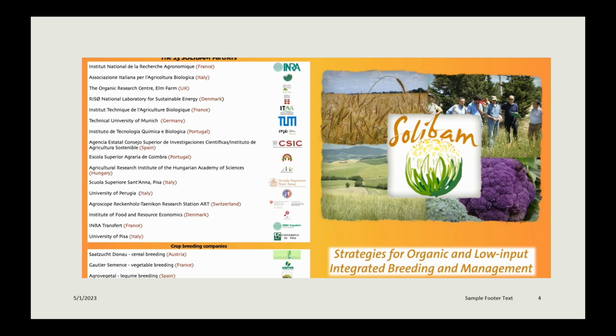Out of this project, Solibam were able to identify 3 cornerstone concepts to inform future ag policies, and it has actually been put in place in several of the European ag policies, including diversity, participatory innovation and locality, which translates to terroir. Heard about that one from the wine industry. It also relates to cereal crops, because